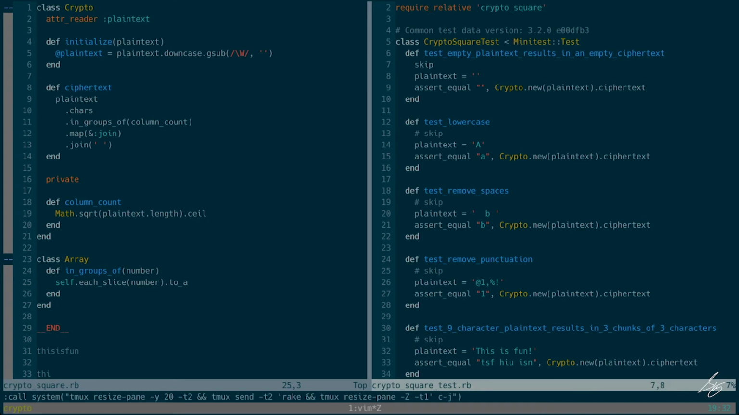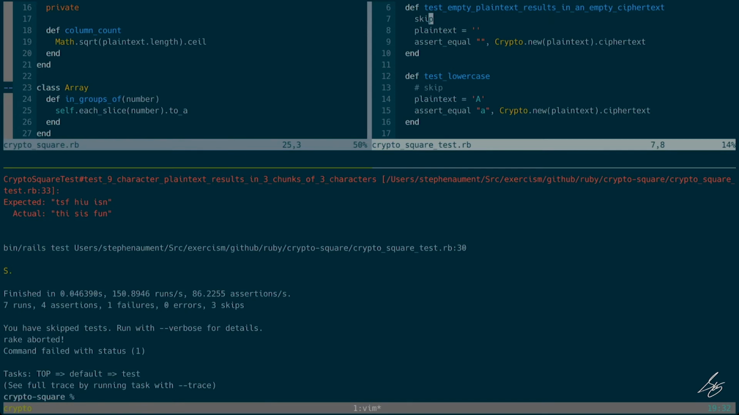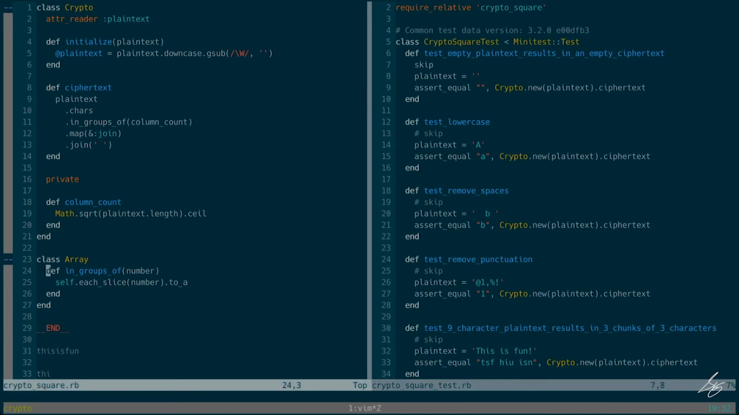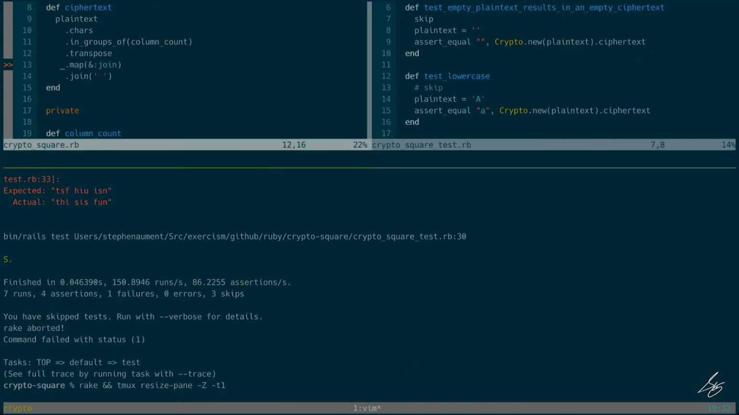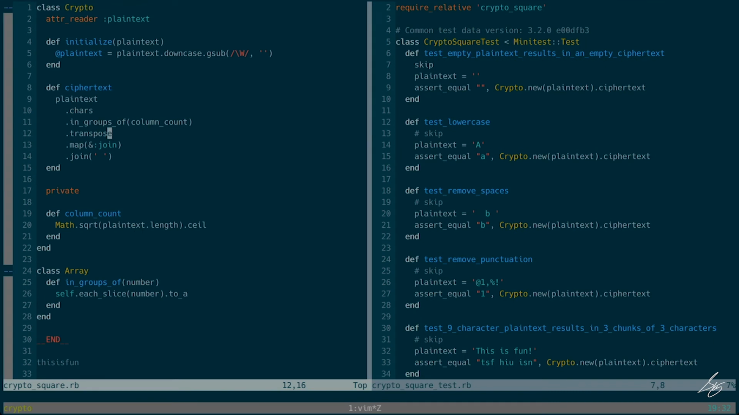See, let me comment this out, and I bet it will pass. Oh, no, it doesn't. Oh, I'm not transposing. Okay, hang on. Let me get this. I need to transpose this. You probably noticed that I forgot that. And if we were pairing together, you would have told me, hey, you need to transpose that. You didn't transpose it. Okay, now that this second test is working,